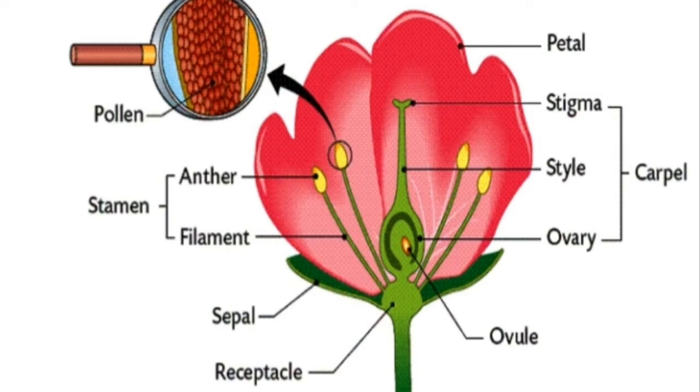The carpel consists of 3 parts: stigma, style and ovary. Stamen has 2 parts, a filament and anther. The slender stalk of the stamen is called the filament. It bears anther. Anther contains the pollen grains. The 4 floral whorls, that is calyx, corolla, androecium and gynoecium, are arranged on the receptacle or thalamus of the flower.